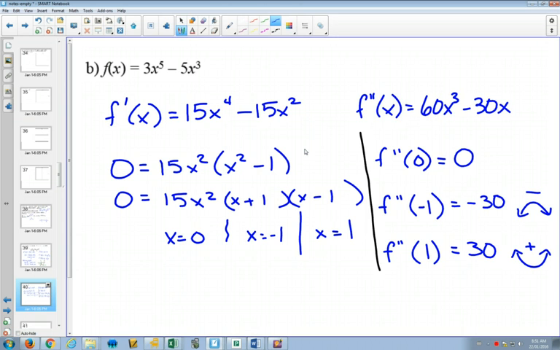We have something interesting happening this time. We've got 3 different possibilities for stationary points because we got 3 places where the first derivative is equal to 0. When we go to use our second derivative, it works well with 1 and negative 1 because we get positive and negative. So from that, you know that